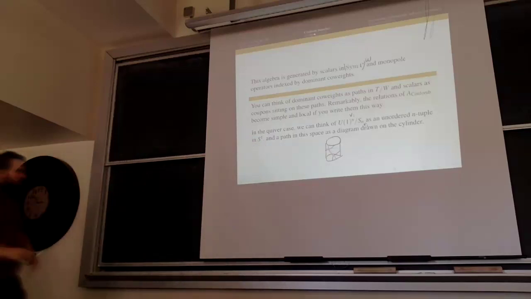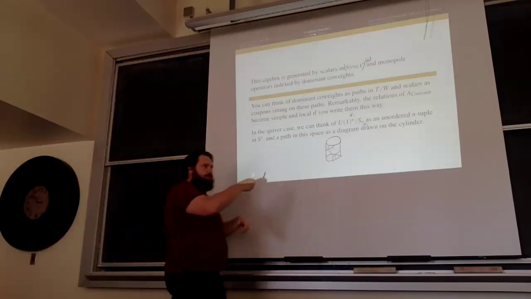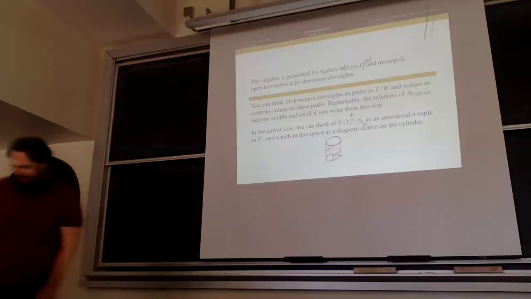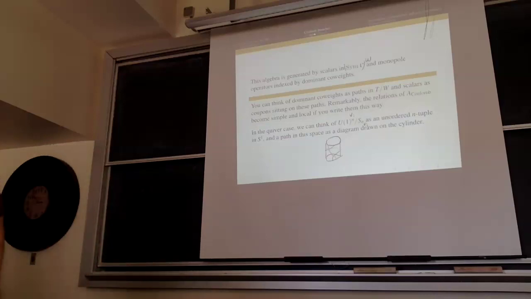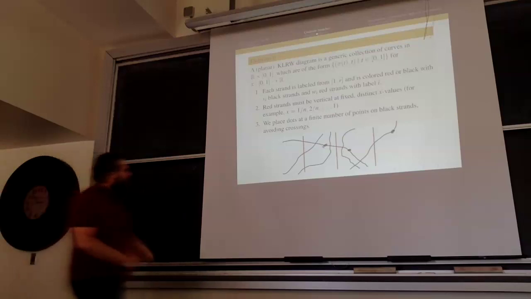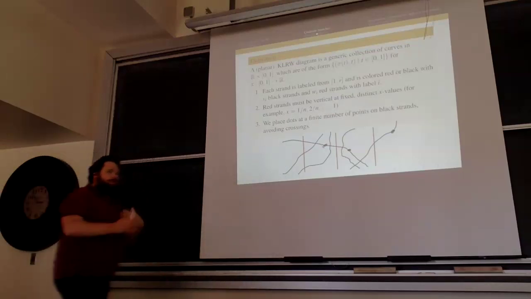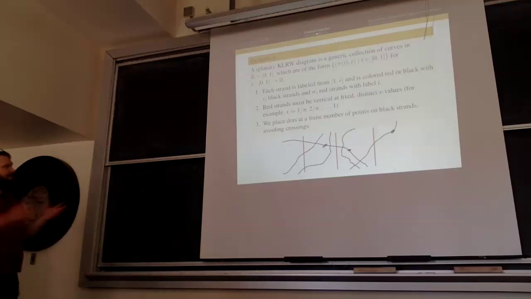And there are going to be rules that are sort of local on here that are doing this kind of homotopy on paths. All right. So the way I would describe these is with these KLRW diagrams. I apologize, a bunch of you have seen these before and this is boring, but